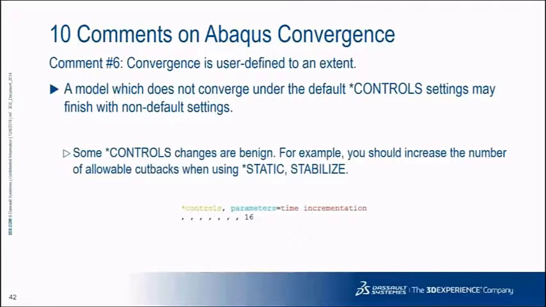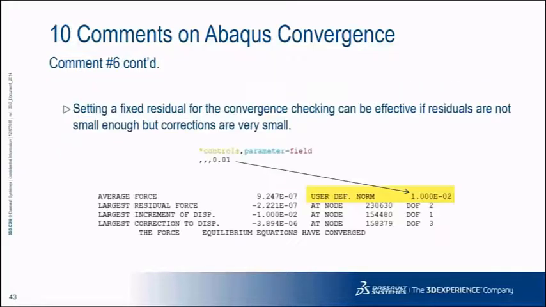Comment number 6, convergence is user-defined to an extent. If you want to change the convergence checks in a limited way, you can do that. The keyword is star controls. The command you see at the bottom of this slide is a way to increase the number of cutbacks. That's a relatively benign change. If you start going around changing the 0.005 for the residual check or whatever, then you might run into issues. One thing that's kind of common, I see this in some users' methodology, is to set